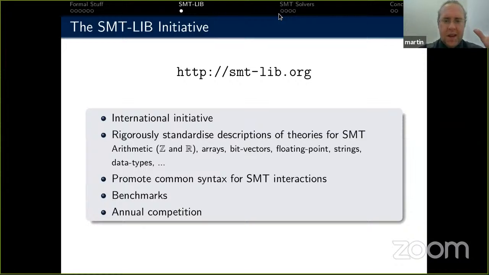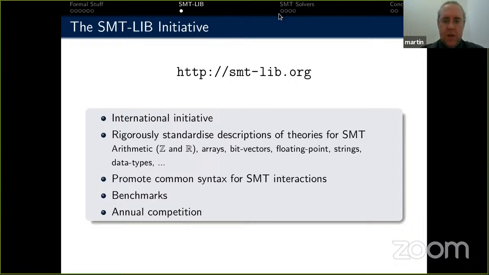So the idea was, let's have a standard. Let's have a standard that not only standardizes the syntax of how you write down formulae, but also the semantics. And we need to standardize the semantics because that is the fixing the interpretation part that I was banging on about earlier. So this is what SMTLib is about. It's about having a standardized language. And at the moment that includes